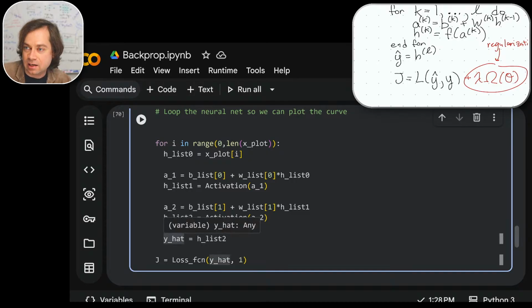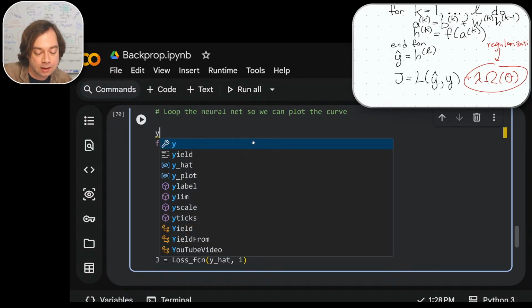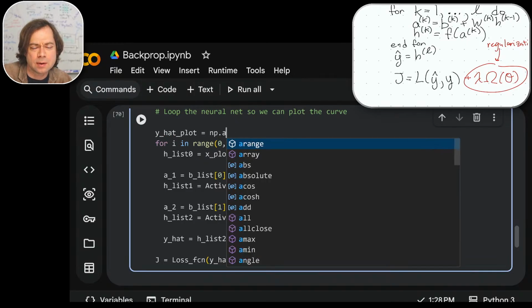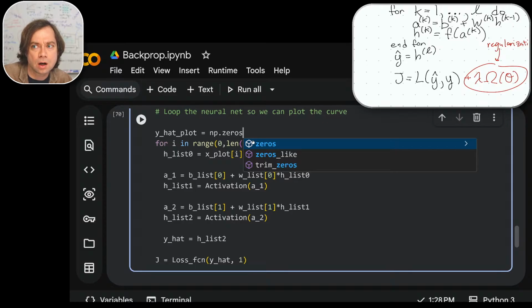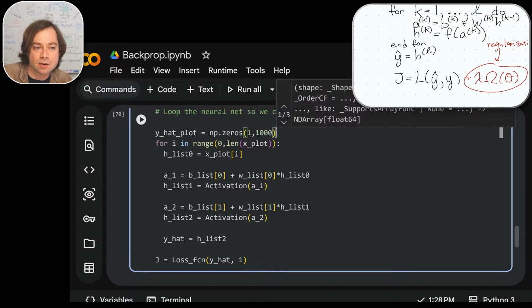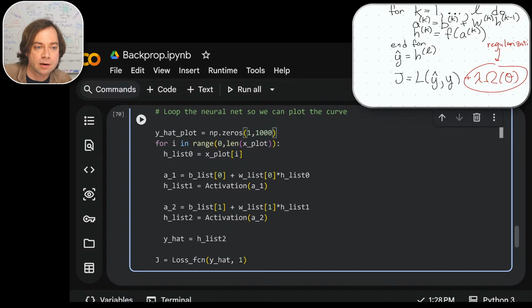So let's have Y hat also be in a loop. We need to make it the same size as our X plot. So let's just create a Y hat plot. Let's make it an NP array, so I'm going to make it zeros. We'll make it 1 and 1,000, the same size as our array up above. Okay, np.zeros, and then we'll say Y hat plot is equal to hist2, and this is iter